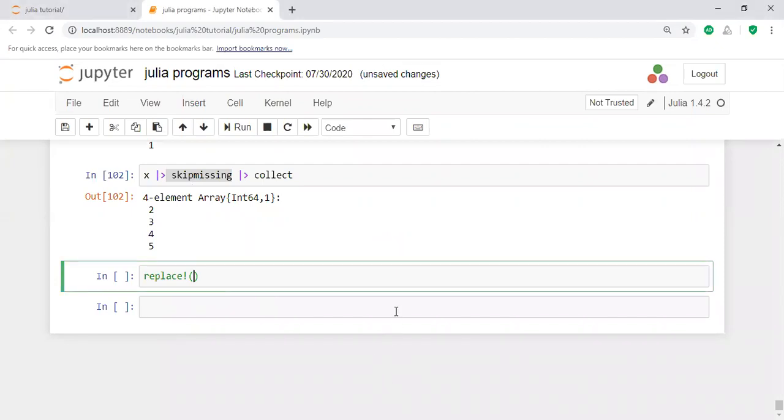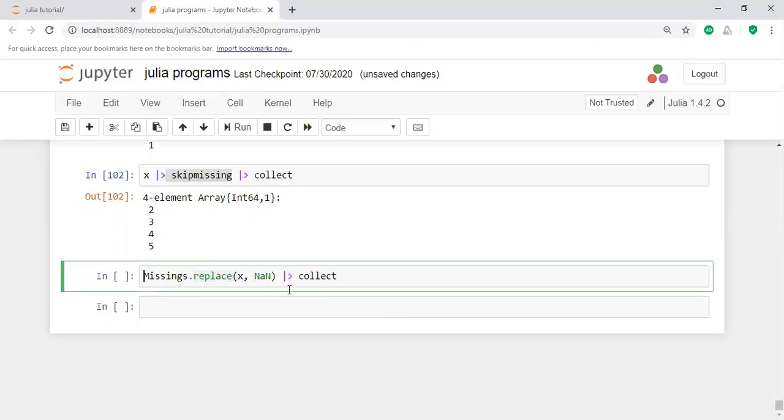For example, X is a data here, and I'm going to replace the missing data. That means the missing data is replaced by using the replace function. If we have any NaN value or something else, you will replace that value. The missing values are replaced by some NaN function.